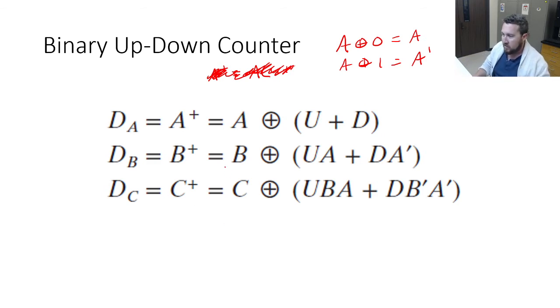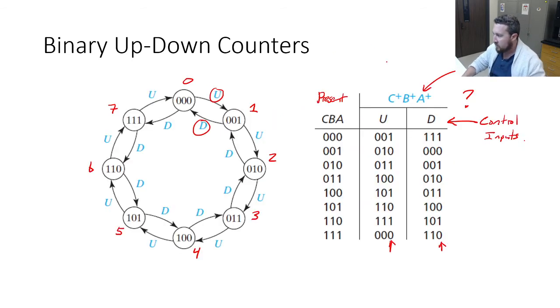Now let's go ahead and take a look at B, right? Remember before it was B XOR A. Now here it's B XOR U and A. So if U is 1, then it is B XOR A. But if D is 1, and remember the control is that they can't both be 1, then we're going backwards, and we want to toggle B off of A prime. So if I go back and look at this table and look at the down,